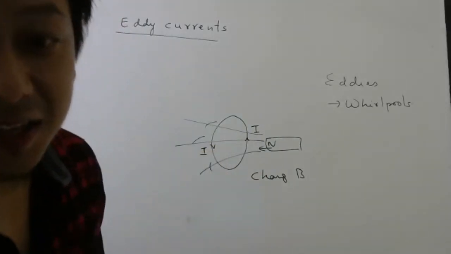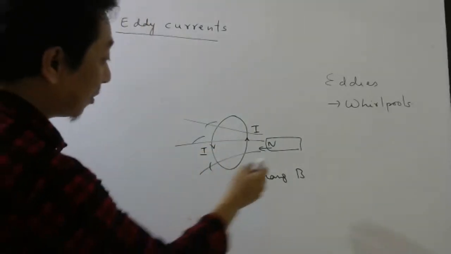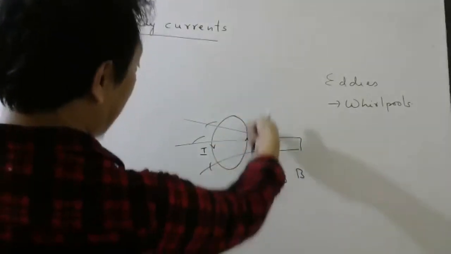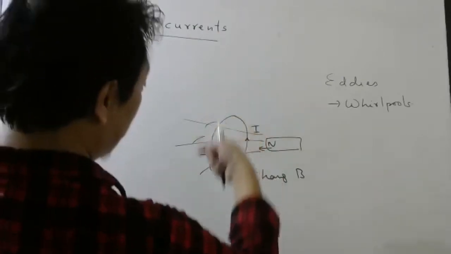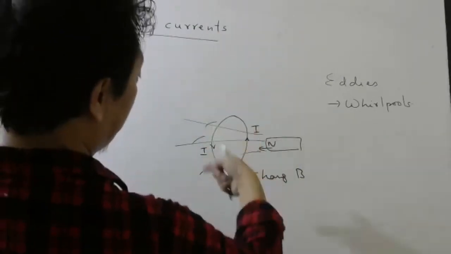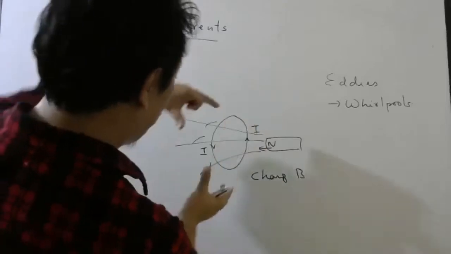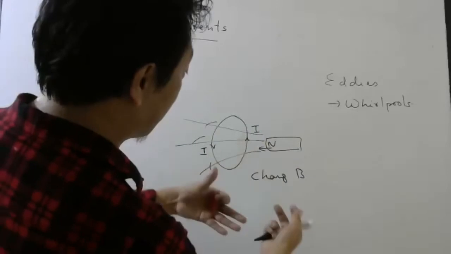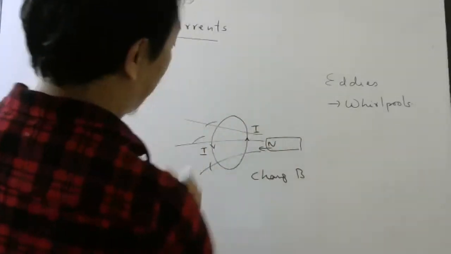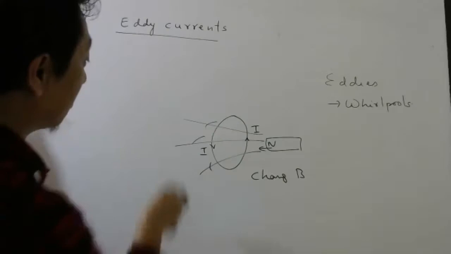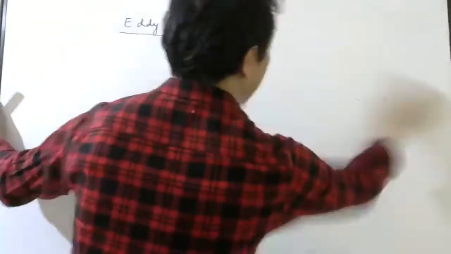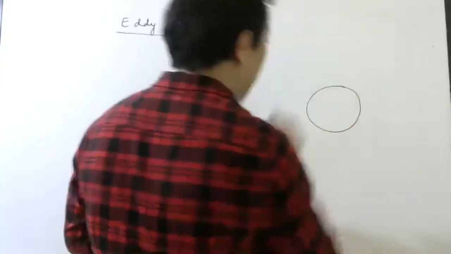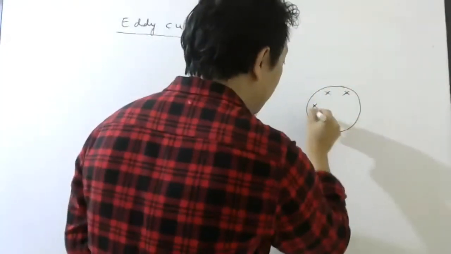But why is current produced? Because the moment the magnetic field changes, an induced electric field is produced like this. When you put this wire, the electrons in the wire will feel the force because of the induced electric field. So what this experiment means is, listen carefully. In a certain region, suppose I have a magnetic field like this. Listen carefully.